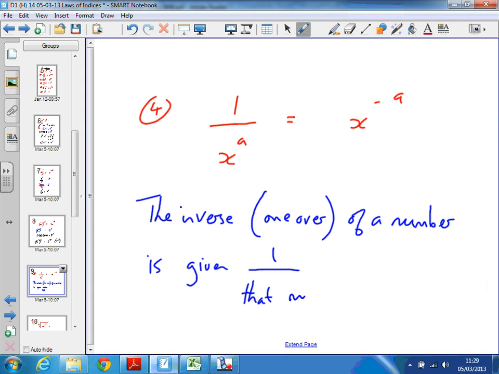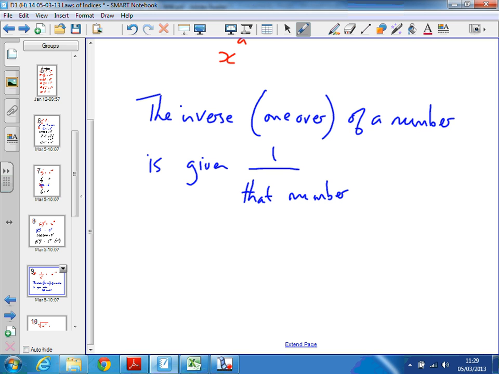That's what the inverse means. The 1 over it, 1 divided by it, the inverse. Find the inverse of 3, 1 over 3. So what's the